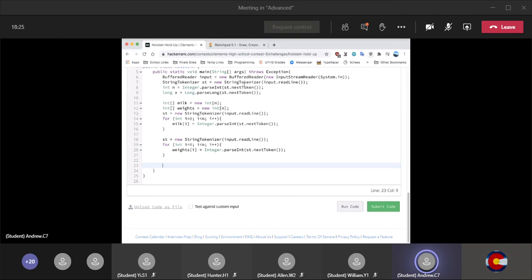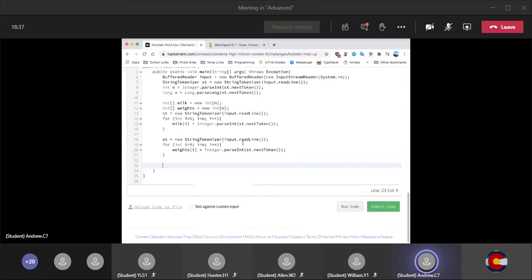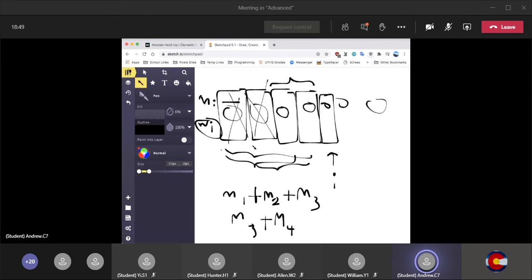So first of all, let's do what we did in the initial step of our algorithm, which is just see how many cows we can initially lift up at once, assuming we start at the 0th cow. So let's say, okay, first of all, before we do that, we have to look at